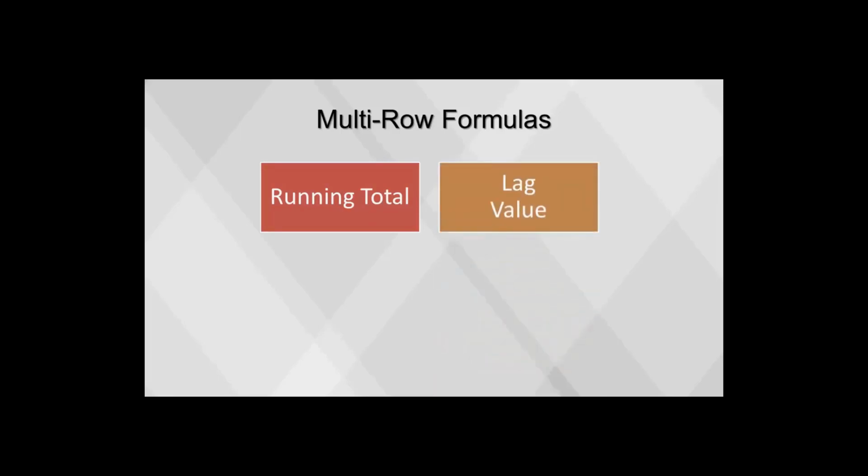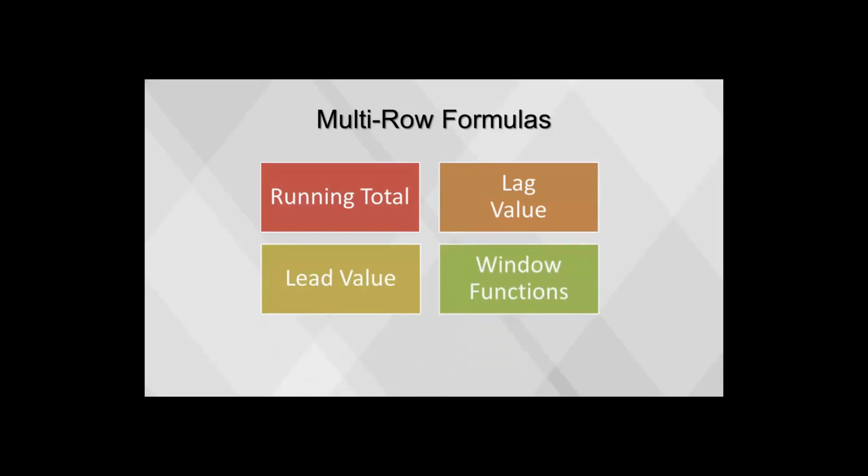A lag value looks at the data in preceding rows, while lead values look at data in subsequent rows, and is the opposite of lag. Window functions provide the ability to perform calculations like sum, average, and rank across sets of rows that are related to the current query row. This is equivalent to aggregating the dataset across one or more dimensions, then joining the resulting dataset back to the original. This should be used carefully as values will be repeated for all levels of the dimension.